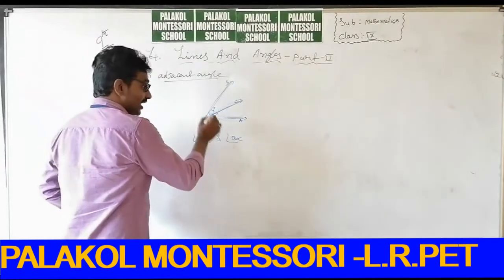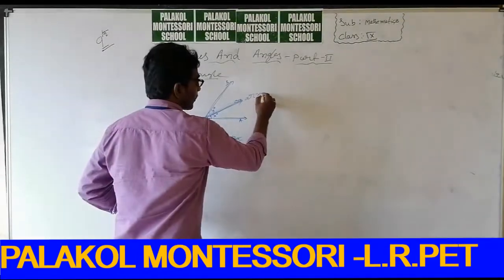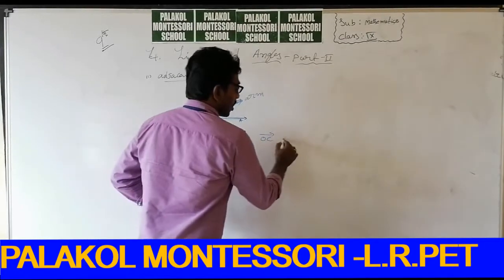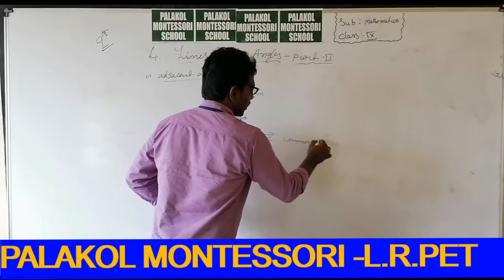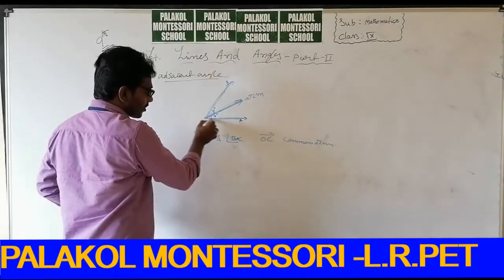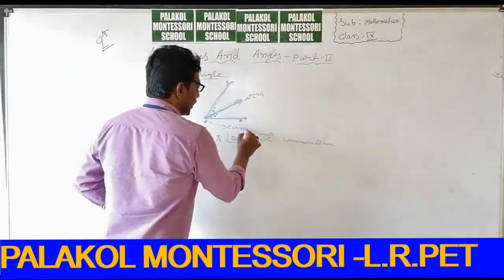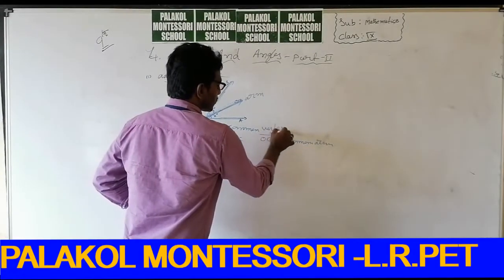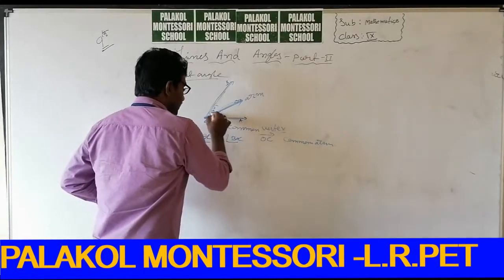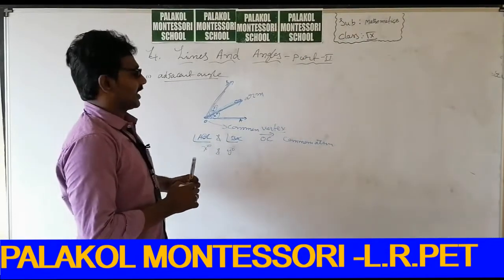In the two angles, they are between the same arm. OC is a common arm. Is it clear? And all these common arms and rays intersect at one point, that is a common point. That common point is called the common vertex. This type of angles, x degrees and y degrees, are called adjacent angles. These angles are side by side angles.